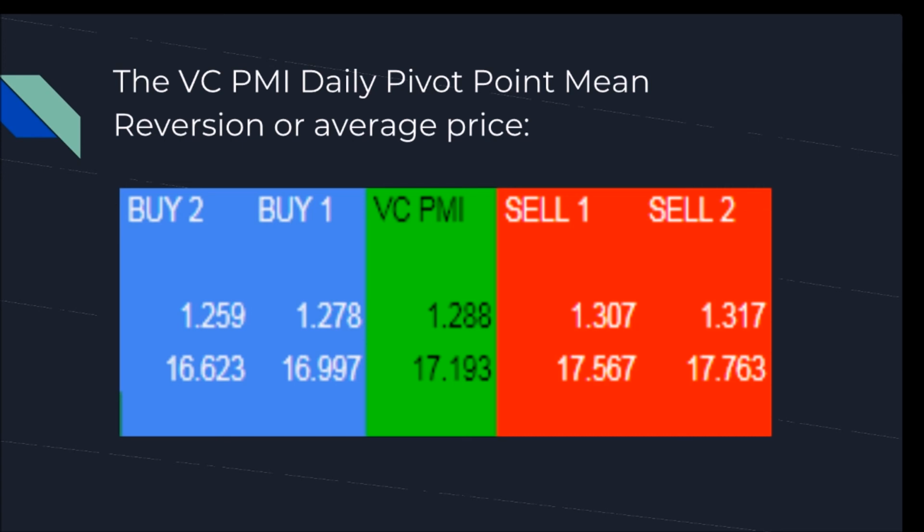The neutral signal is enabled initially by the price action crossing the pivot level, activating a new setup. Using the next 15-minute bar for the day session close, it triggers the actual signal, starting with the VCPMI daily point as an example.